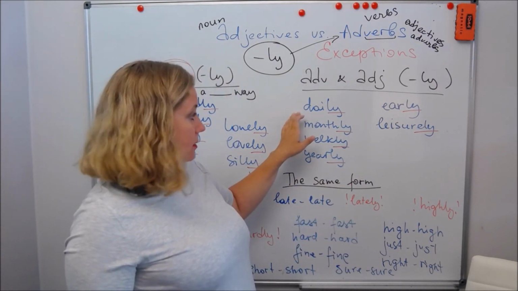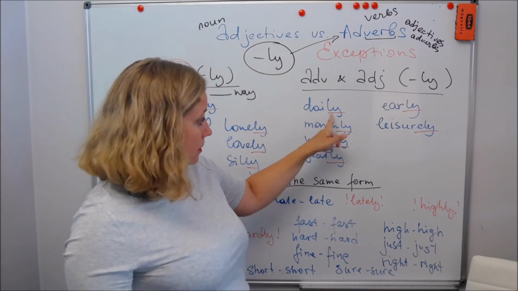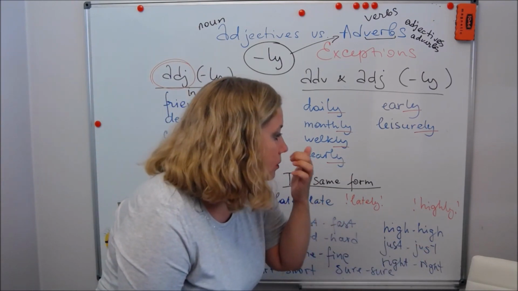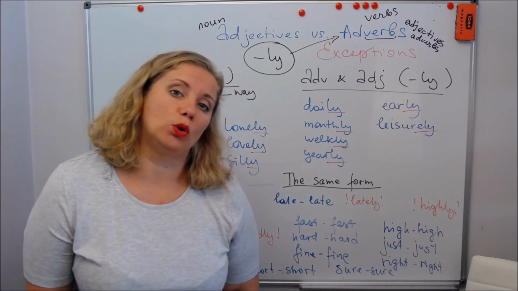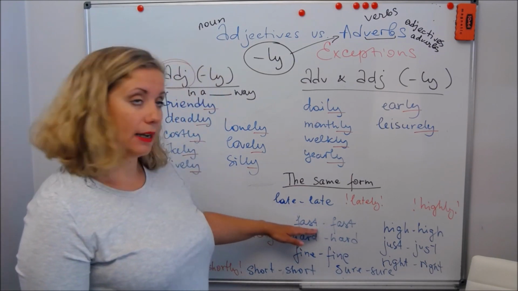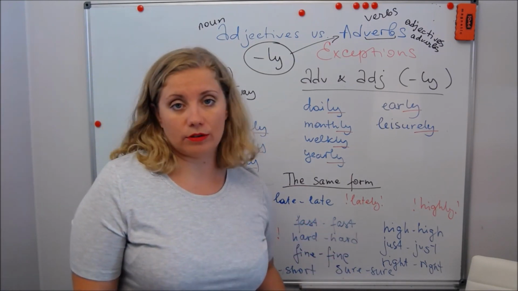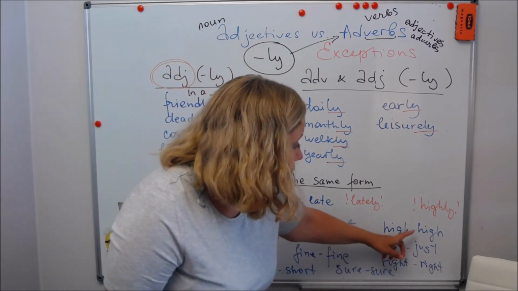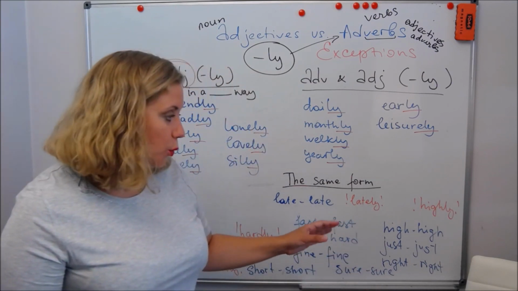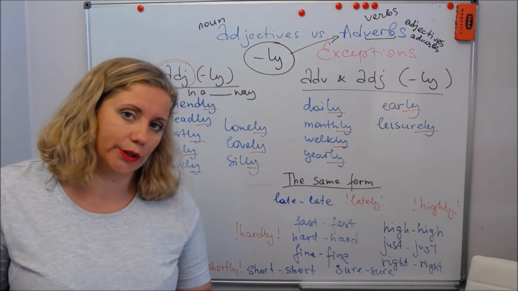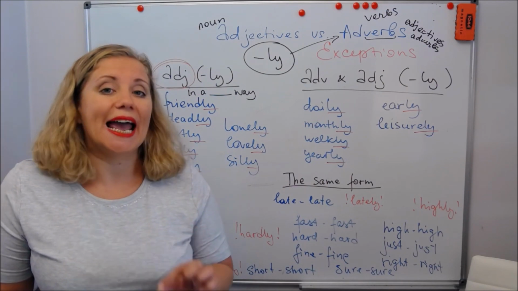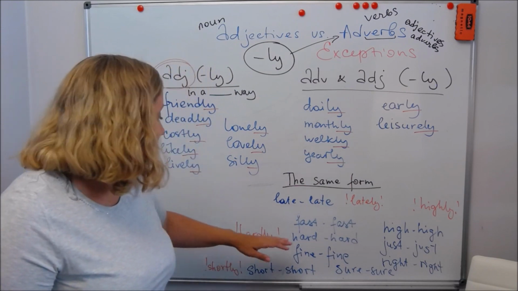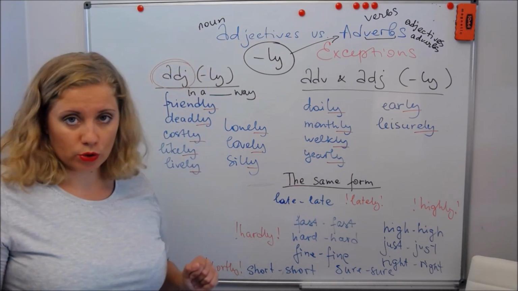Adjectives and adverbs which don't change the form and have ly in both forms. We have daily lessons or we study daily. It's the same word, but it can be both. And again, the words that can be both, but they don't use ly at all. You just have fast as an adjective and fast as an adverb. You use the same word. And it's good to remember these words because for some words you have similarly looking words with ly which actually have absolutely different meanings, like high, highly, late, lately, hard, hardly, and short, shortly.